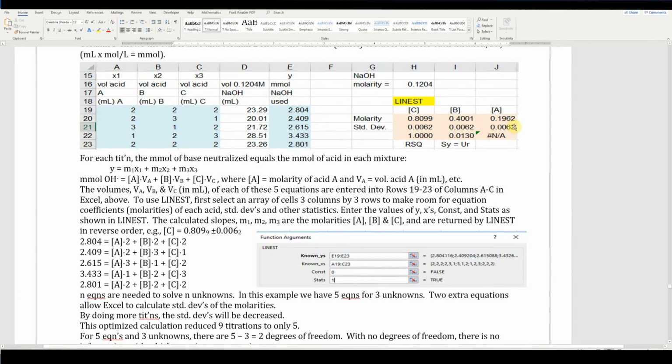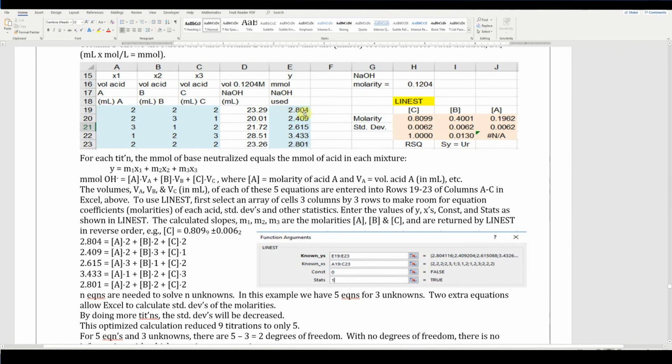Now, in order to do that, you'd need at least 3 titrations for each sample to determine standard deviation at a minimum. And if you have 3 titrations for each sample and 3 samples, then that means 9 titrations. In this example, Harris is able to determine these values of molarity and standard deviation using only 5 titrations. And he did this by mixing together small but very precise portions of each acid. So for example, he mixed 2 mL of solution A, 2 mL of solution B, and 2 mL of solution C in the same flask, so we'd have 6 mL in total,